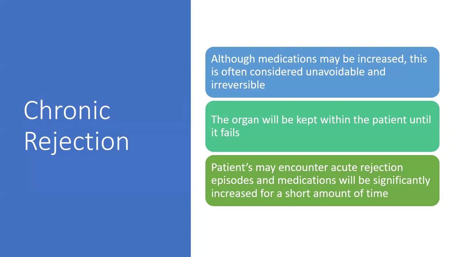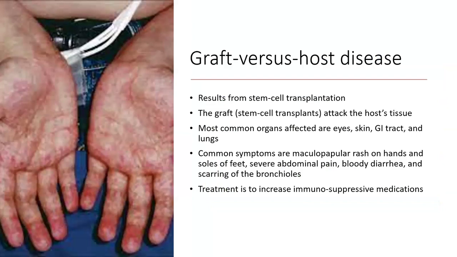If the chronic rejection starts attacking the organ's function, we may have to remove that organ and replace it with another transplant. So, through this chronic rejection, we may have to increase the medications for immunosuppression over short periods of time, but we also can wean them back off those higher drug doses.